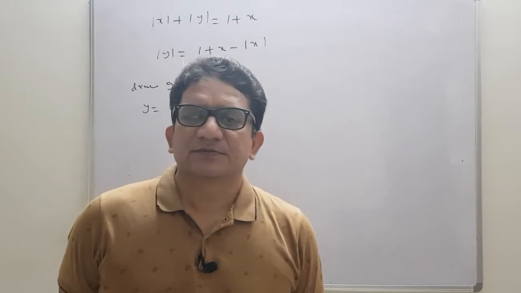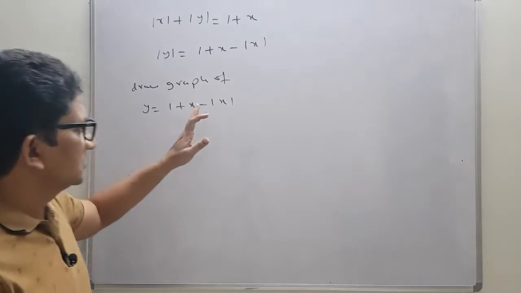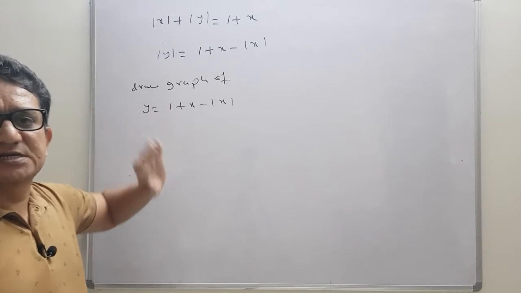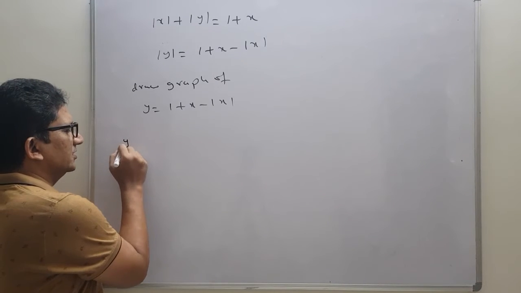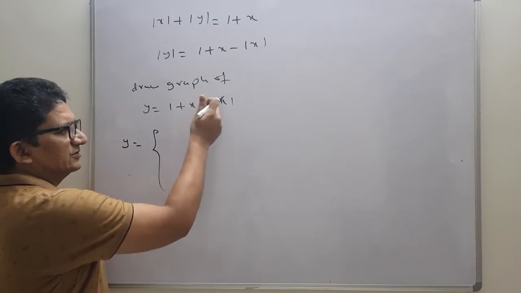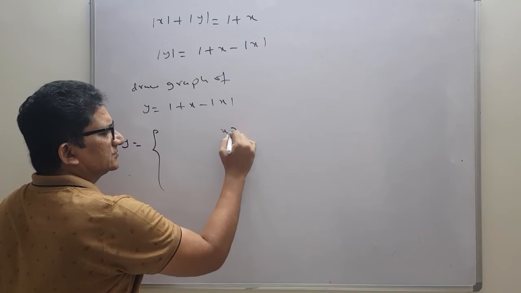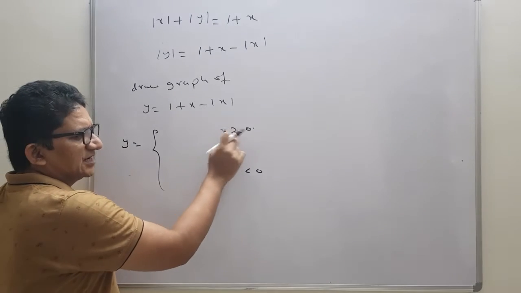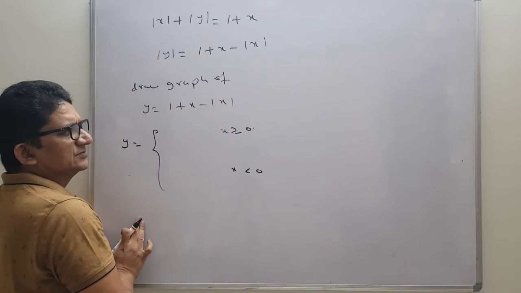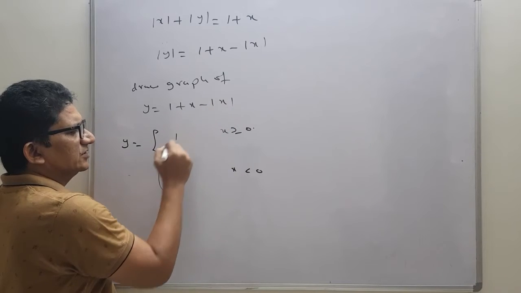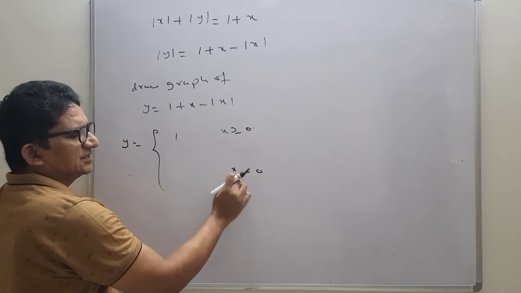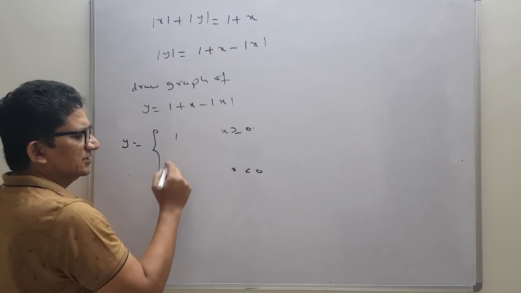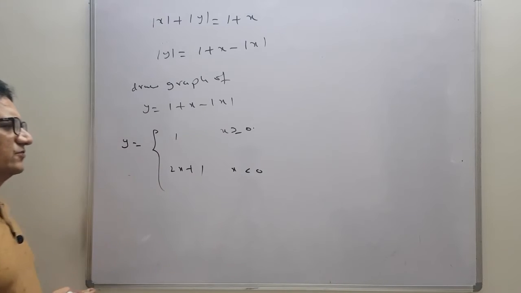So now listen carefully. While handling such modulus functions related to some other variables and constants, the best technique is, see, we will evaluate the function in different cases. Whenever modulus of x is there, we know there are two cases, when x is greater than or equal to 0 and when x is less than 0. When x is greater than or equal to 0, mod x is x. So then x and x get cancelled. So what will we get here? 1. When x is less than 0, modulus of x is minus x. So minus of minus will give plus. So then what will we get? 2x plus 1. So we got two graphs.